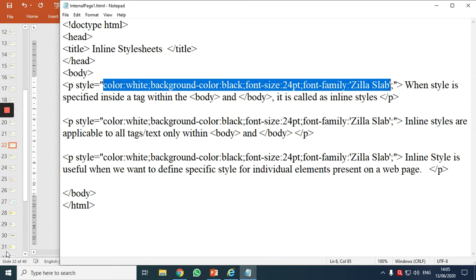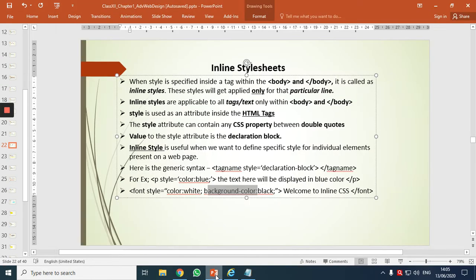Because when we are working with inline styles, they get applied only to the specific tag in which they are declared, right? So what happened now? If I want to give the same style to all the tags, I have to repeat it again and again, correct?